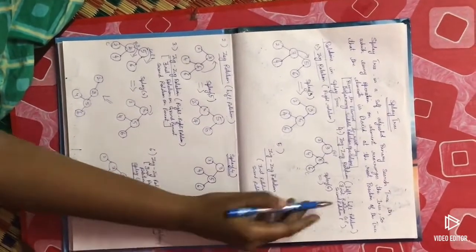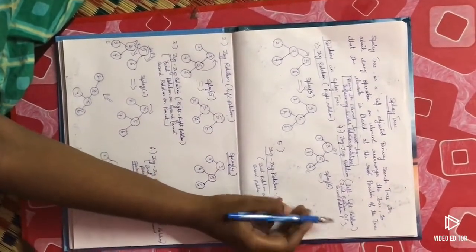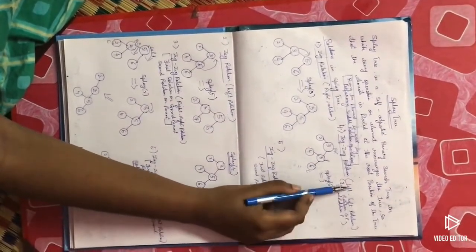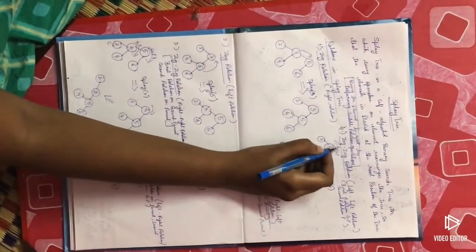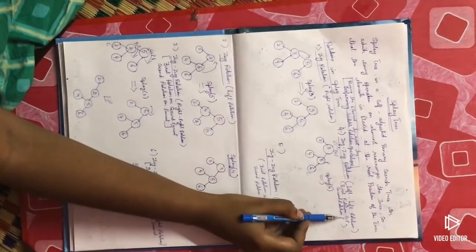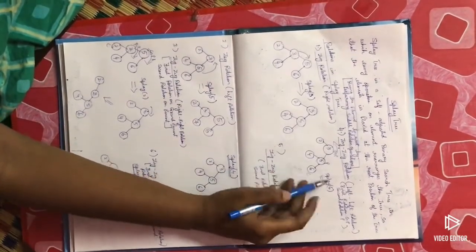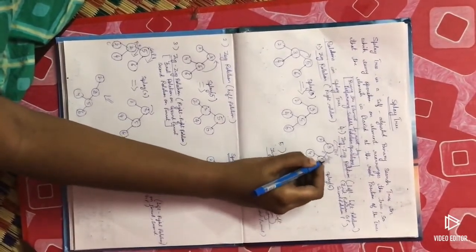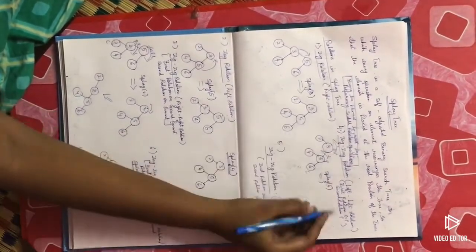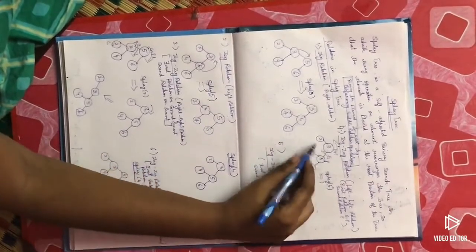So first of all, what you have to do is the rotation on the grandparent. So what rotation do I have to follow? Left rotation. So left rotation of this 3. So this is the first step. Then the second rotation should be done on the parent. So parent, what rotation? Left rotation. So the second step I will follow this. So first step I will rotate this 3 downward.